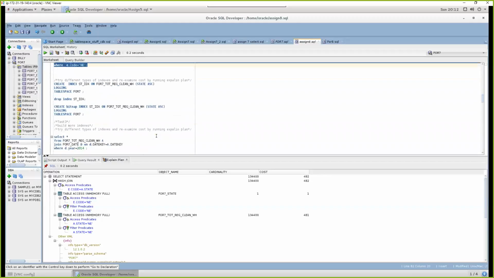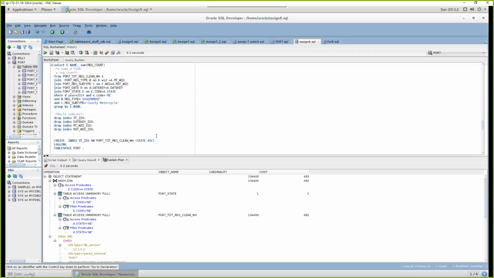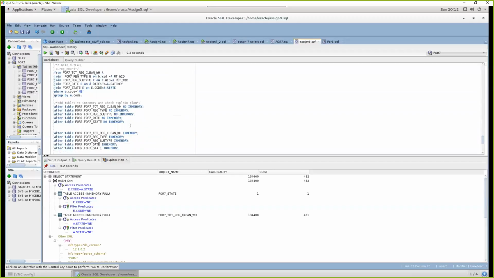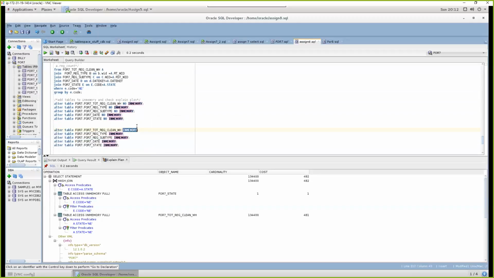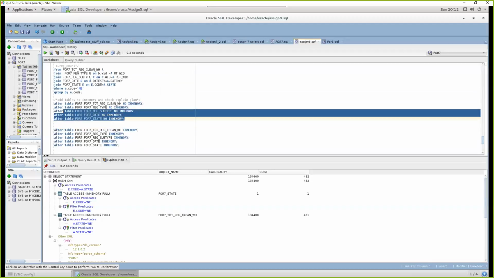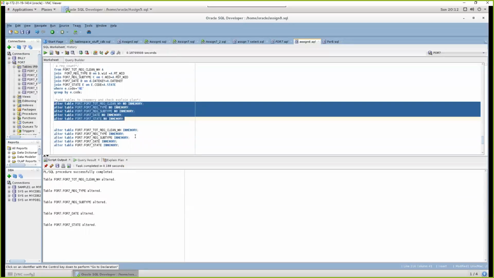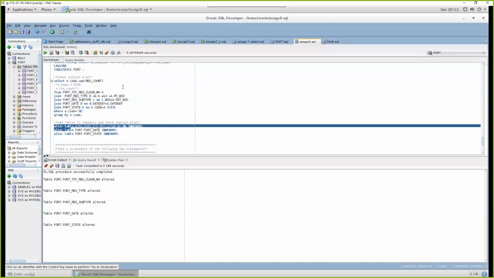So I can actually scroll down in the SQL that I have here, and we can see how I've put these tables into memory. I have these statements here, which basically say alter table and put it in memory. And then I can also take these tables out of memory. So I should be able to run all of these, and we can see that they've all been altered, and that should take them back out of memory and should make our explain plan more expensive at this point. So if I scroll back up,